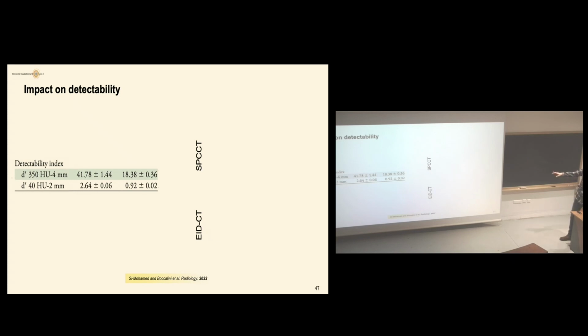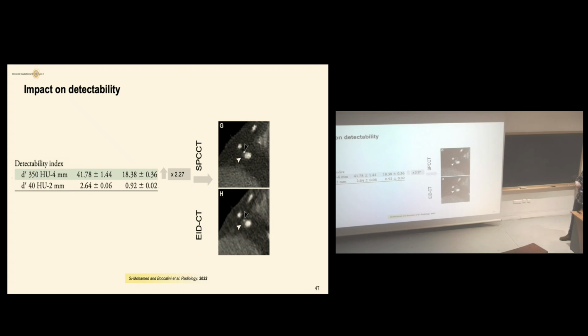So these clinical tasks are coronary artery disease. And you see that using photon-counting CT, it is improved by 2 times, and here by more than 2 times, and it ends up improving your detection of this plaque. So does everyone see the plaque? The plaque here, you should look for a highly dense plaque. So look at this coronary artery disease.